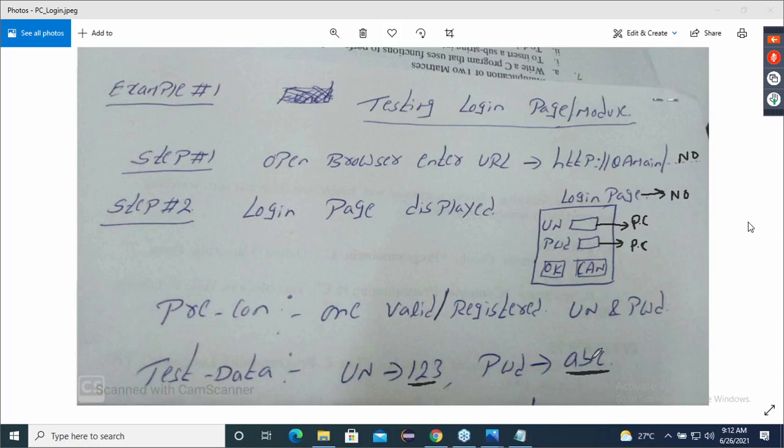Boss, registration is not a developer job. Guys, did I say that the registration should be done by the developer? Who should register this, or who should create this test data? Test data should be created by the test engineer after the application is ready and before he starts testing. Correct. After the application is ready and before we start testing, only then can we create it.